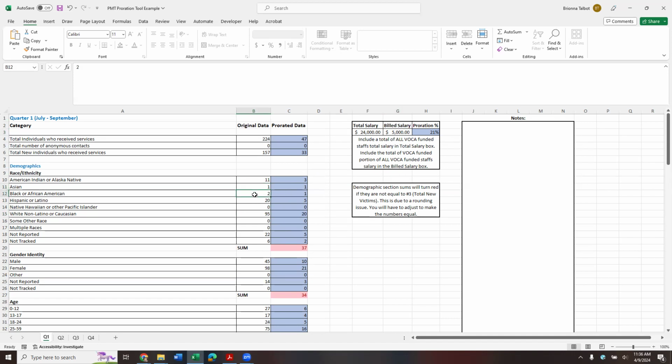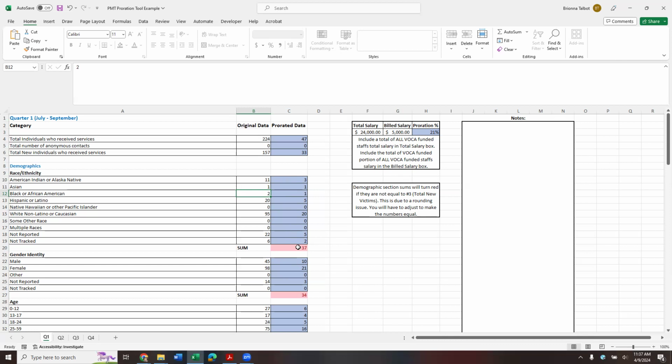Our Black or African American, that should have only been less than 0.5 if my math is correct, but it rounded up because we want to show that we are still serving those. We found in the first version of this that people weren't able to accurately report those categories because they lived in rural areas and would only have one victim who was Black or African American. And so we adjusted it to make it so that you get credit for all of that. So these will round up always, and you'll get these fancy little red boxes that tell you, hey, there's an